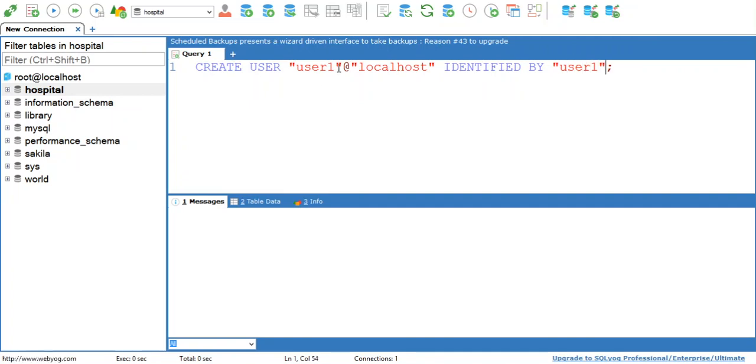Now here localhost is given. It means that user1 can connect to localhost because we have only a single instance of SQL server running on the machine.